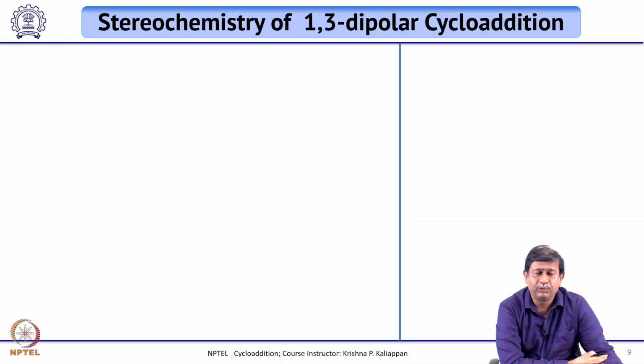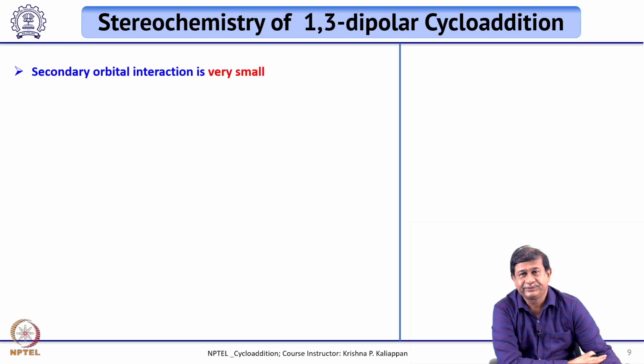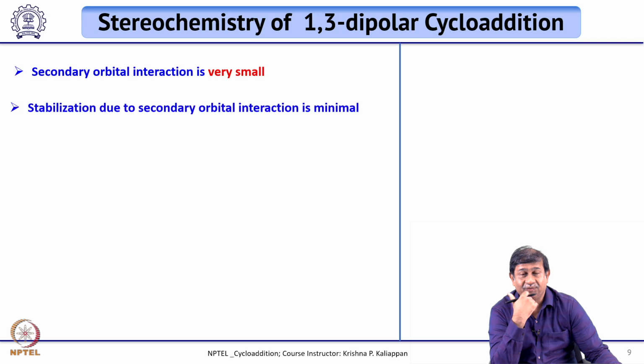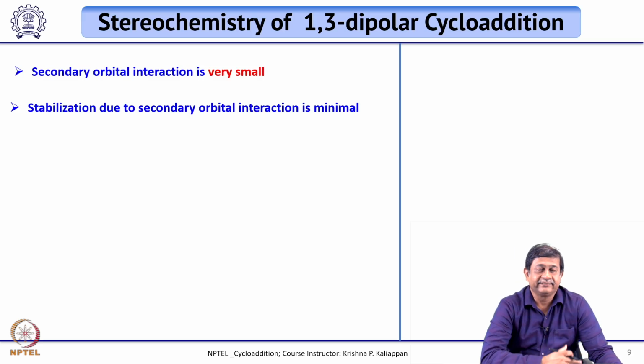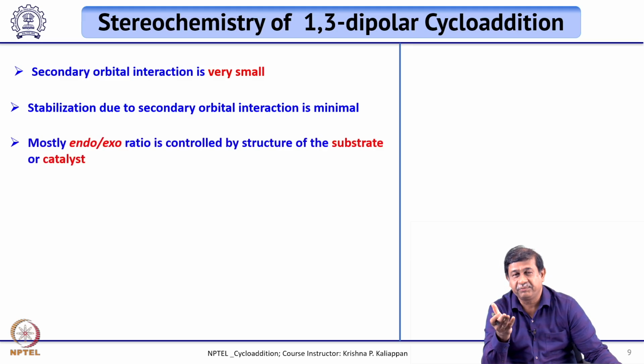So, that is how one can decide the regiochemical outcome of 1,3-dipolar cycloaddition between nitrone and dipolarophiles. How about stereochemical outcome? Compared to the 4+2 cycloaddition reaction, in the case of 1,3-dipolar cycloaddition, the secondary orbital interaction is very small. When the secondary orbital interaction is very small, as a result, what will happen? The stabilization due to the secondary orbital interaction is almost negligible. Okay. When that does not happen, then automatically this 1,3-dipolar cycloaddition will lead to the more stable or thermodynamic exo